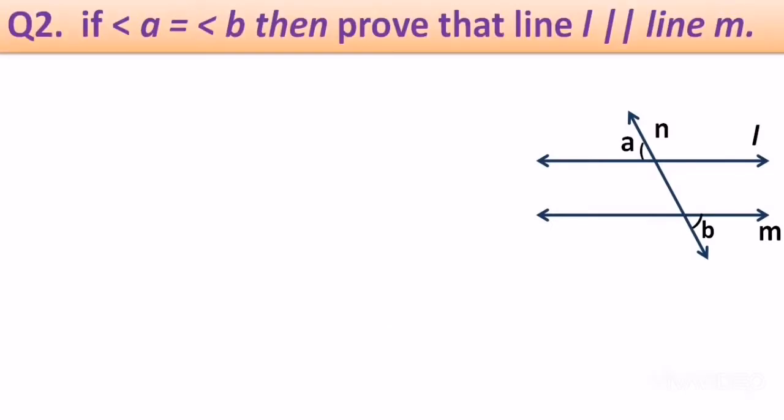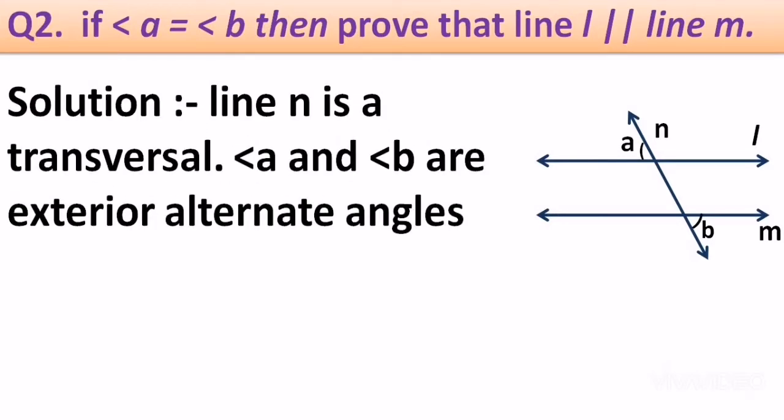The question says angle A is equal to angle B, and we need to prove the lines parallel. It is the easiest question, because if you observe the diagram, you will come to know that angles A and B are nothing but alternate exterior angles, right? And as I told you, if you have any doubt, the link is already shared in the top left corner of the video to see how these angles are made and how to identify them. So let's move on.